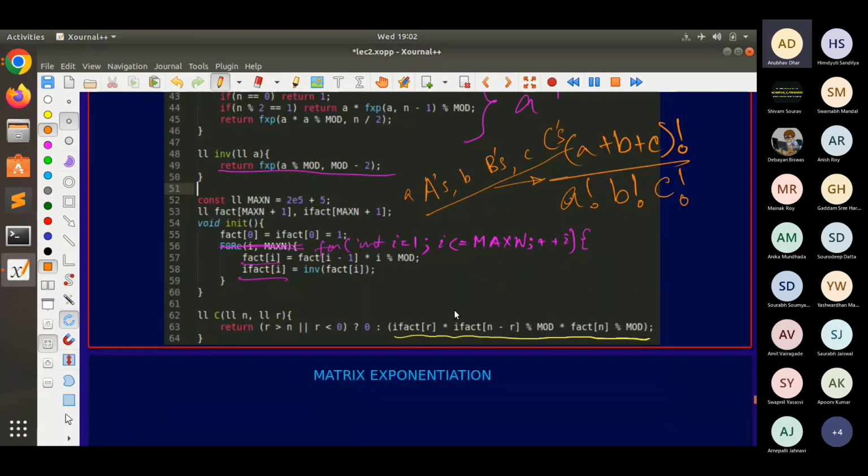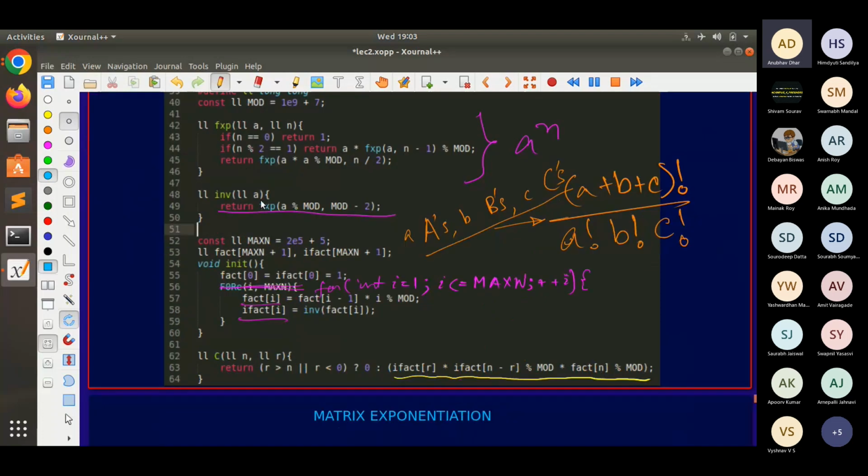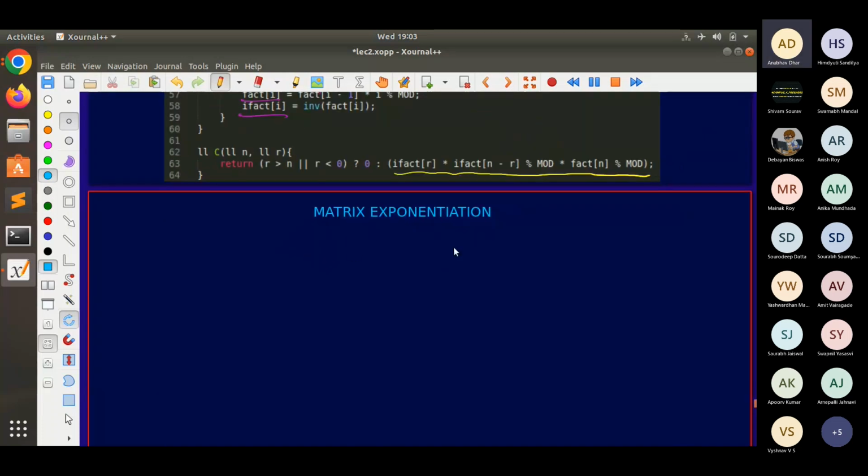Okay. Now moving on to something which is not very closely related to number theory itself, but since we are talking about exponentiation over here as well, let's talk about something called matrix exponentiation. Okay, now before I go into matrix exponentiation,